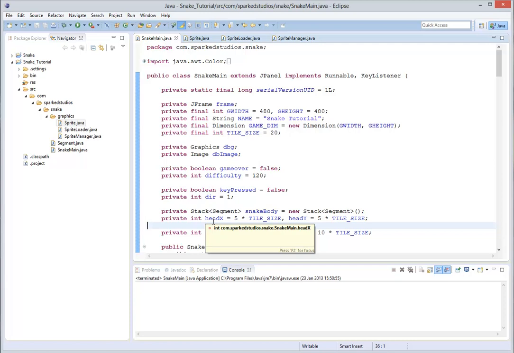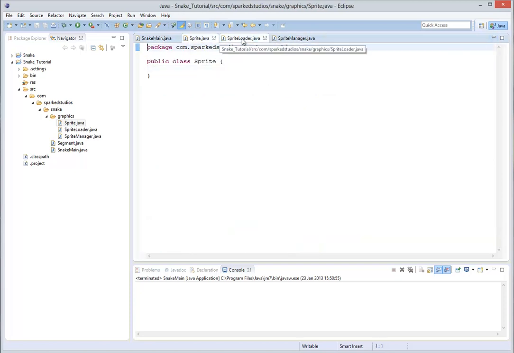So, at the end of the last video, I said what we do now is start the sprite, sprite loader, sprite manager, these three classes basically. So, what do we need? Now, the sprite is a bit pointless at the moment, but it's good practice for a later tutorial where we're going to be making use of sprite in a bit more sense, as in that's a later month tutorial, not later on in this. But what we're going to do is say public buffered image